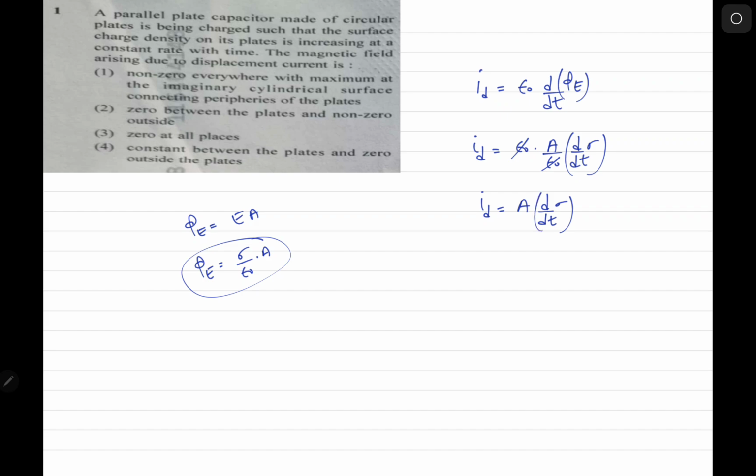Now in the question it says that the charge density on its plates is increasing at a constant rate. That means d sigma by dt is constant. So let's take it as K, so i_d is A into K. So that is the displacement current. Now we need to see the magnetic field. So this is the circular plates, and this is the displacement current which flows between the capacitor plates. Because of this displacement current i_d, there will be a magnetic field